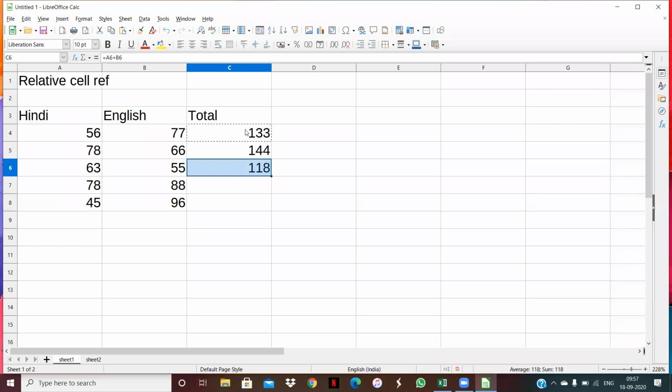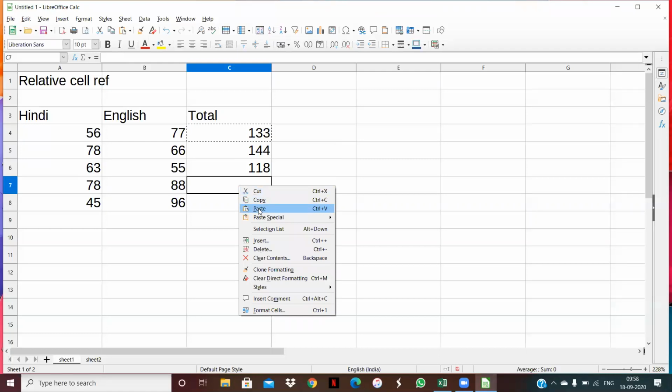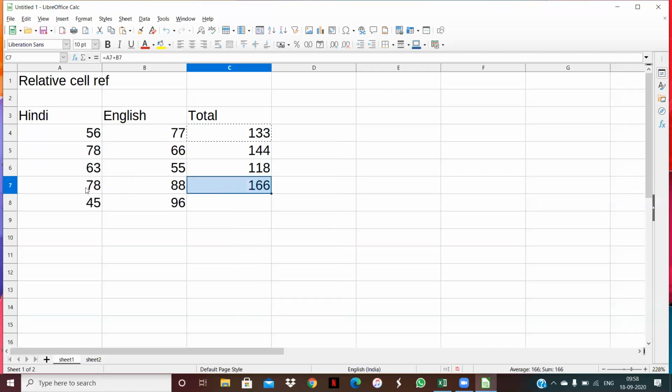Otherwise, if I copy the formula from here, it means that A4 and B4 should be here. Like this, I copy the formula and paste it here. Now you can see it adds these numbers. Here you can also see the changes: A7 and B7.